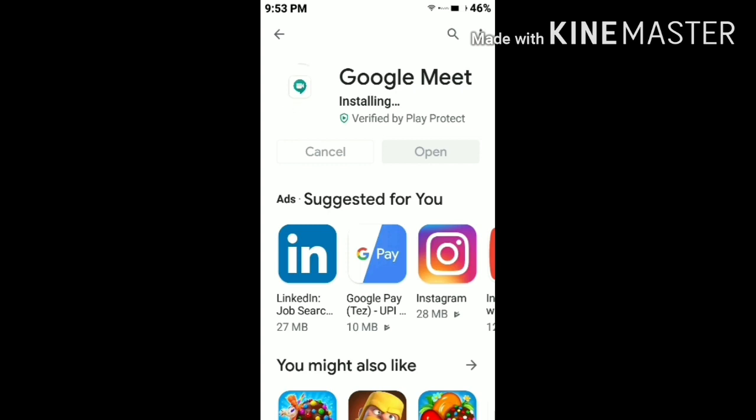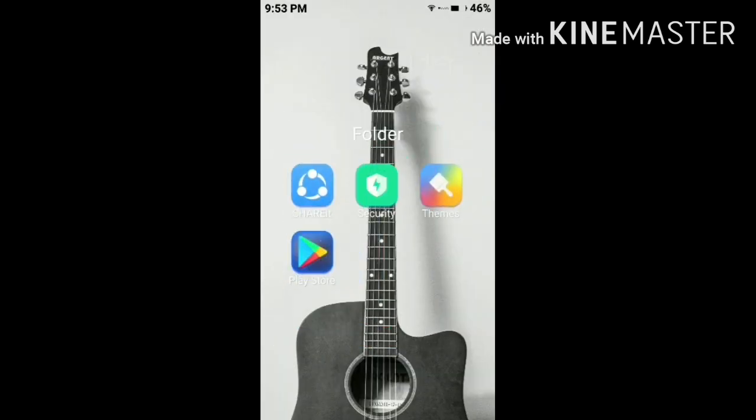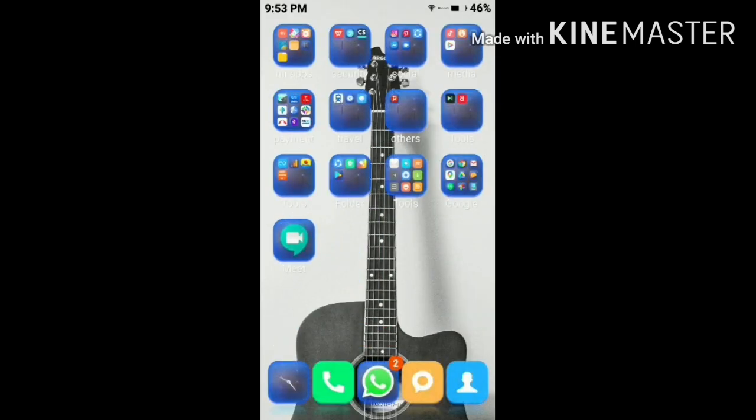As we know, in this pandemic, we are at home and working from home. This app will help us to do video conferencing. It will help us to attend many webinars and FDP programs organized by many institutions. So it is going to be a need of the time. So let's now start using the app.